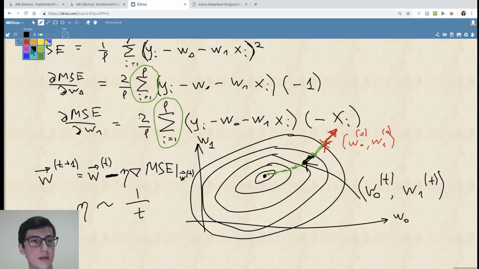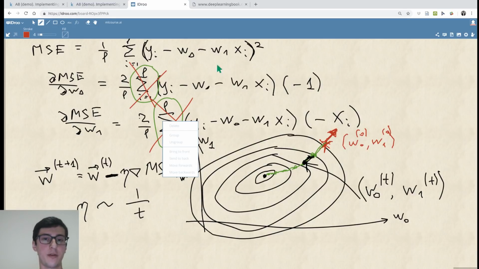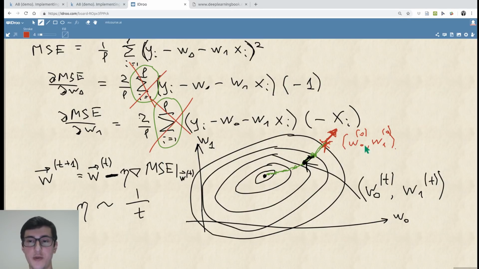So stochastic gradient descent will be, very informally, just throwing away all this huge sum. So it's a very, very informal introduction to stochastic gradient descent. So we are just getting rid of this big sum, and therefore we lose something, of course. We don't know the exact gradient anymore, but we'll be updating weights,